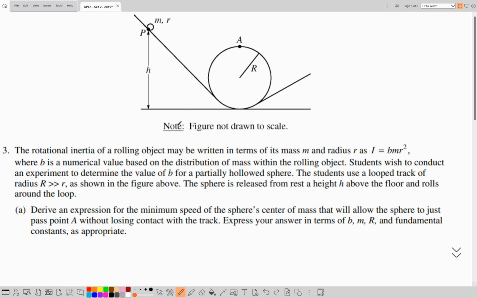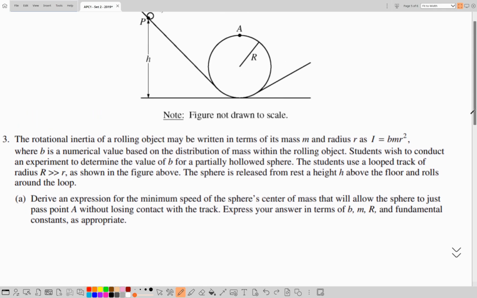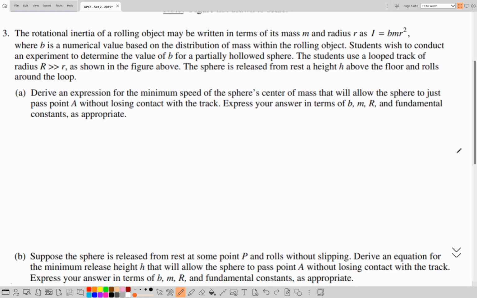Now we know that the force responsible for dictating the contact with the surface is the normal push. So here they're talking about the expression for the minimum speed in order just to pass the point A without losing contact. So we need basically to apply Newton's second law at the point A and set the normal push to be 0, and that would give us the expression for the minimum speed. Then because we're applying a big law, we need to apply